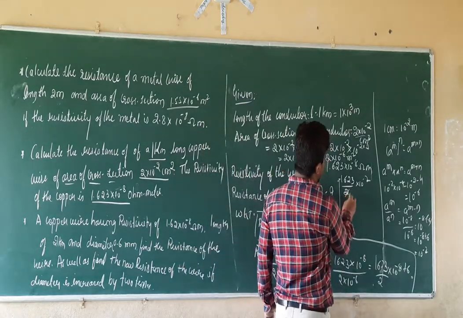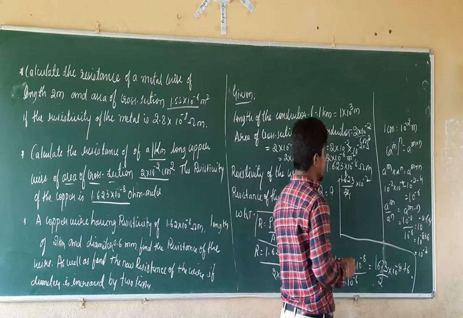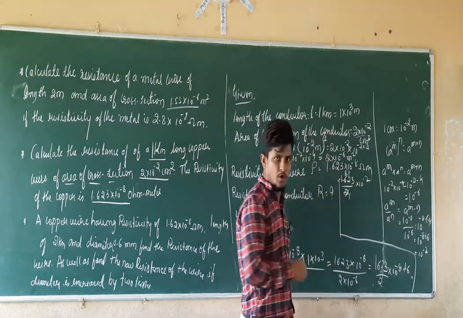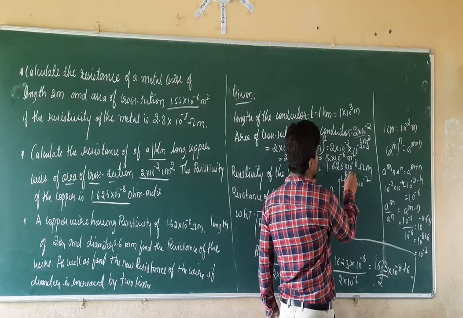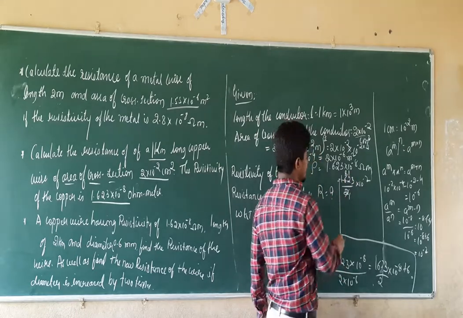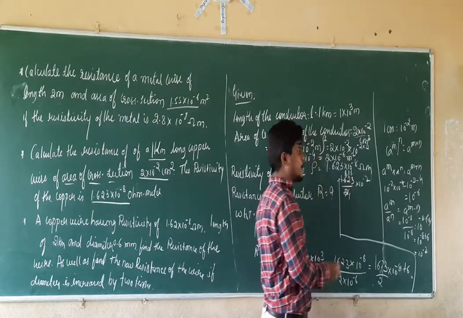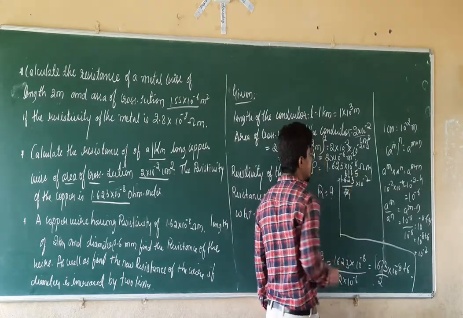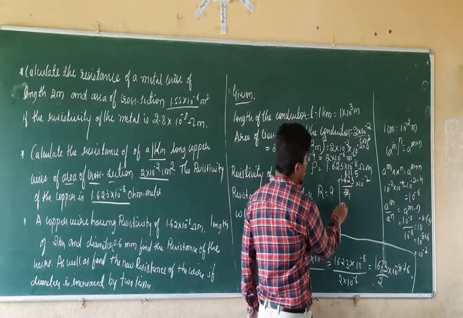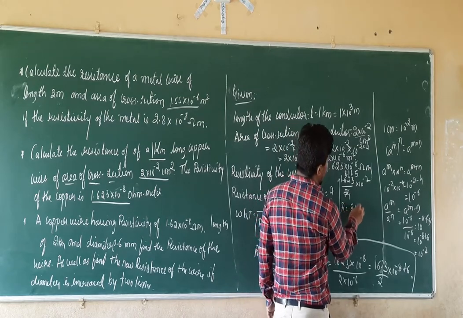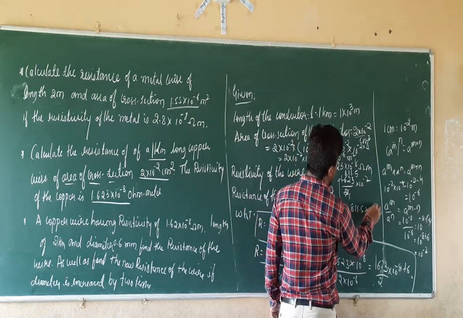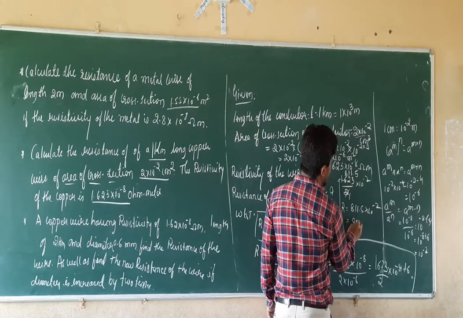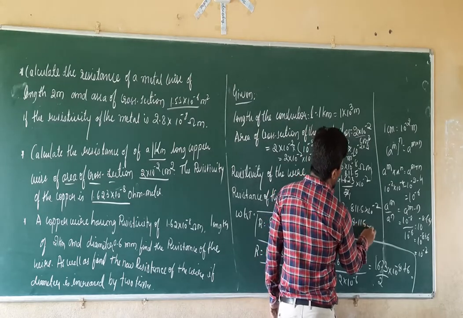So 2 8s are 16, 2 ones are 2, right? Remains 3. So then 2 ones are 2 again. Point, it will remain 1. So it will become 10. So 2 5s are 10. That is equal to how much? Therefore R equals 811.5 into 10 raised to minus 2, which can be given as 8.115 ohms.